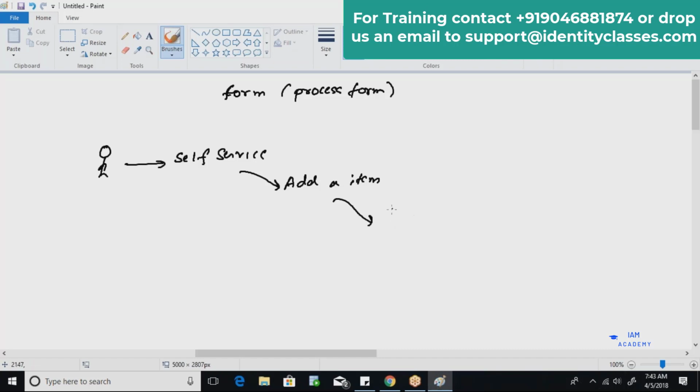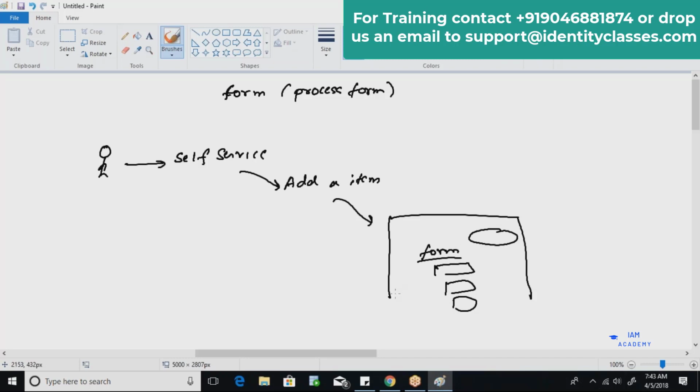The moment he adds an item, he clicks on next. The moment he clicks on next, OIM will present the form, right? In this form, the user needs to fill up the details based upon the application he has selected in the cart.